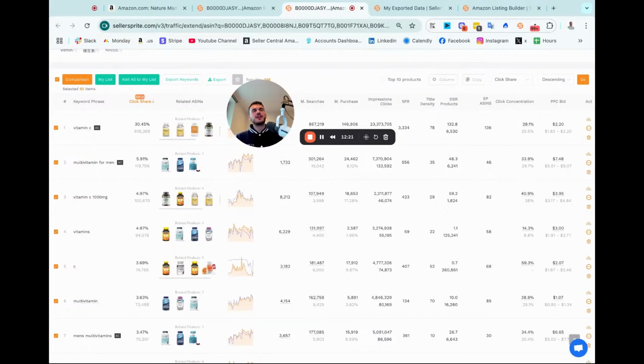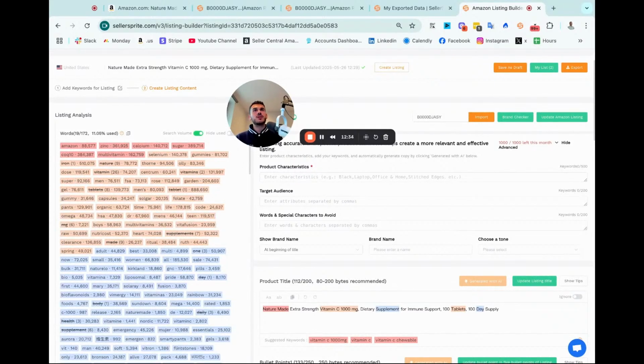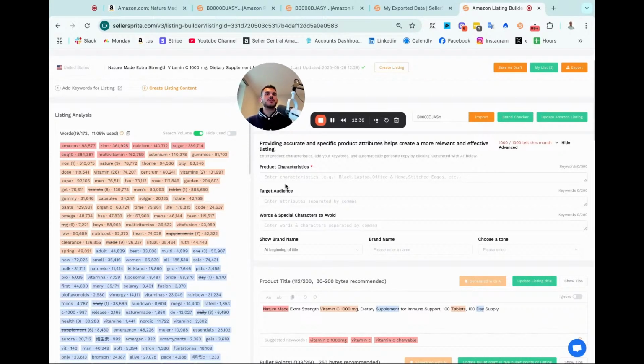You should want to keep the list of keywords around 100 to 200 max, because if you don't, what is going to happen? You can have too many keywords, as you can see here. It's going to be very difficult for you to clear all of them. But assuming that we have done the cleanup and we have all the must-have keywords, you can already see how